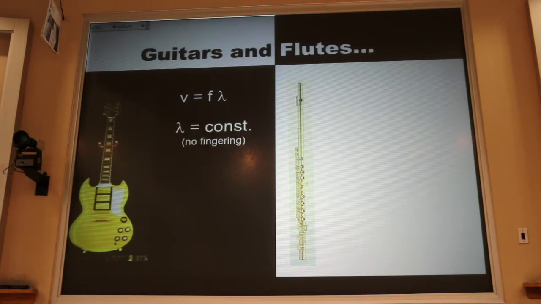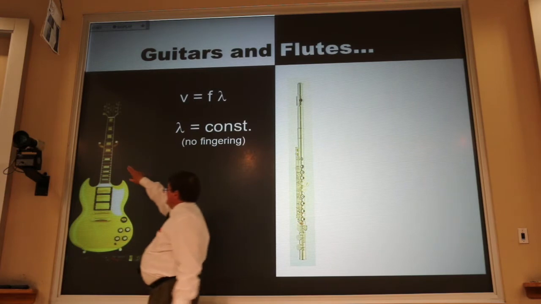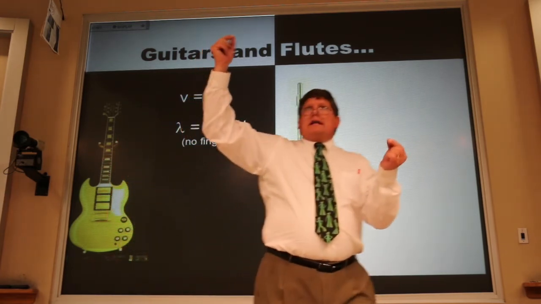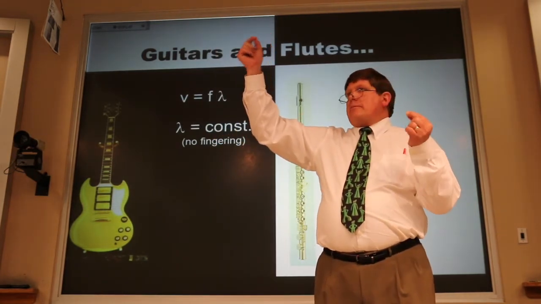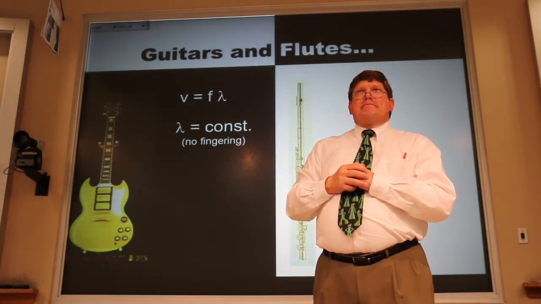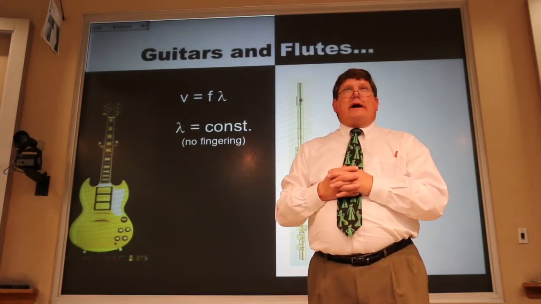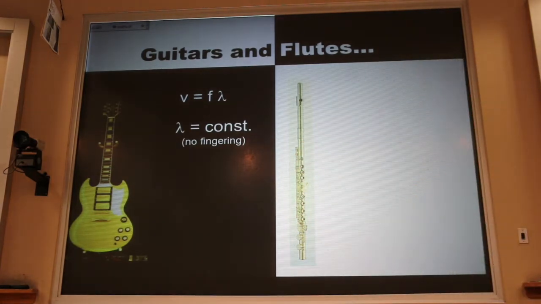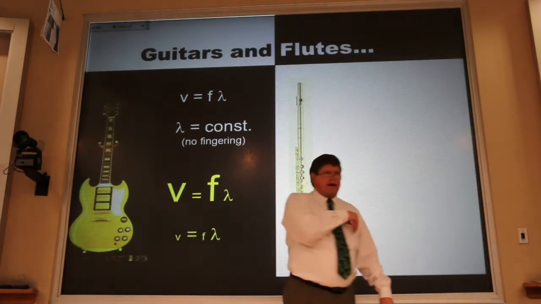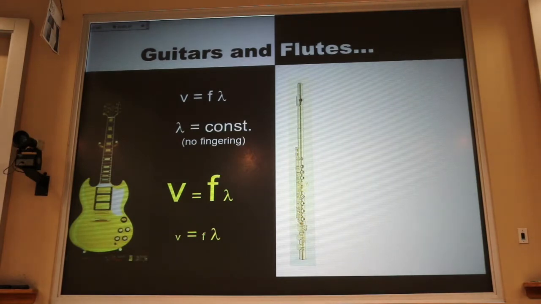Well, on a guitar string, if I don't put my finger on one of these frets, if I don't push down on the string, it is fixed in length. And the first harmonic is going to be twice the length of the string. And so there's nothing I can do about that. It is what it is. So that means the only way I can change the frequency is to change the speed of waves on that string. Now, for a transverse pulse or wave,